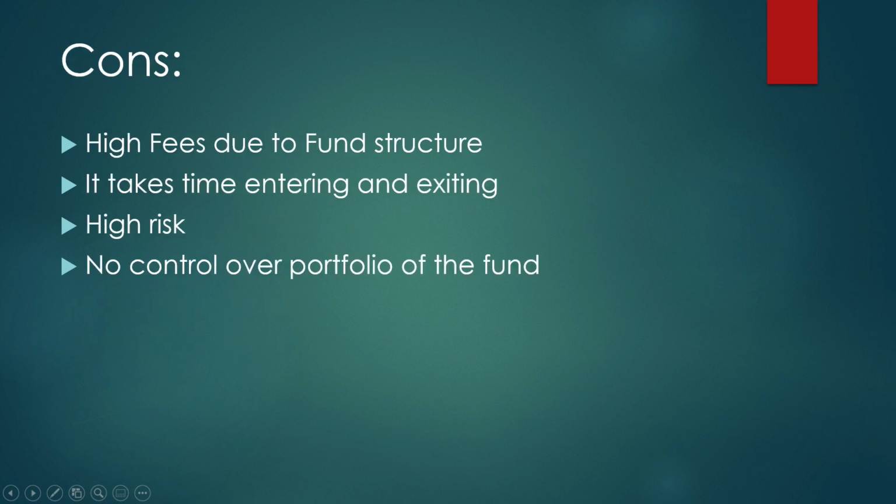For cons, just a note that most of them are the disadvantages when you invest in a fund. First thing is there are high fees, as we mentioned in the earlier parts of the video, which is expected due to the structure of a feeder fund. It also takes time entering and exiting due to the business day intervals from opening and withdrawing the investment. You might lose a lot of money. We did mention in the pros that you can expect a high return due to the aggressive nature of the investment, but likewise, you can expect to lose a lot of money if the situation goes unfavorable. Finally, you have no control over where to put the money or what the allocation percentage should be,